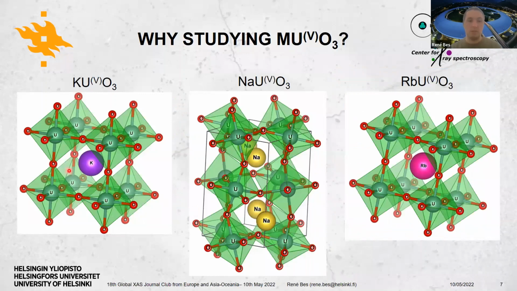What are the compounds? And here you have the crystal structure of those 3 compounds, so potassium uranate, sodium uranate, and rubidium uranate. At first glance, you can see that potassium and rubidium uranate have almost the same structure, where there is a cubic structure of uranium around the metal of potassium or rubidium, and then each uranium is surrounded by an octahedra of oxygen in a regular pattern,